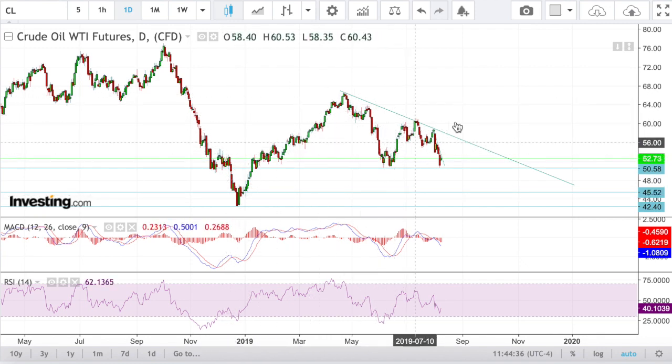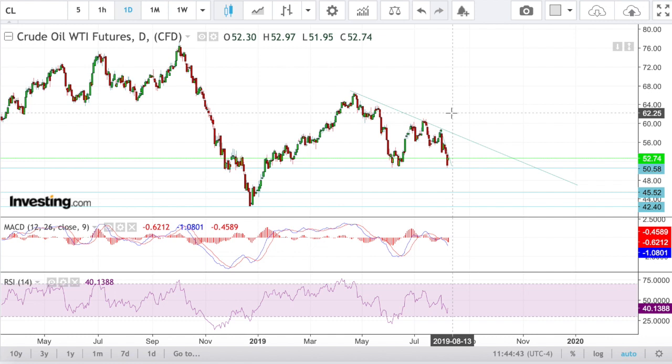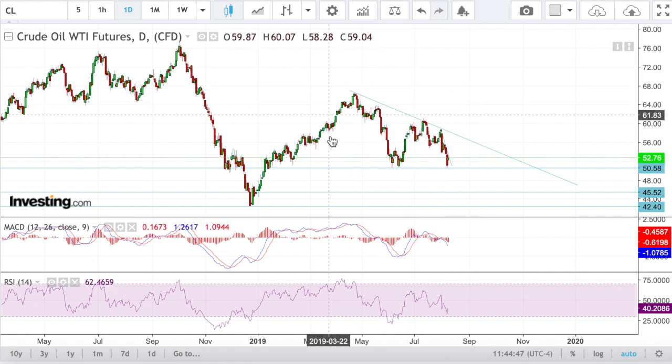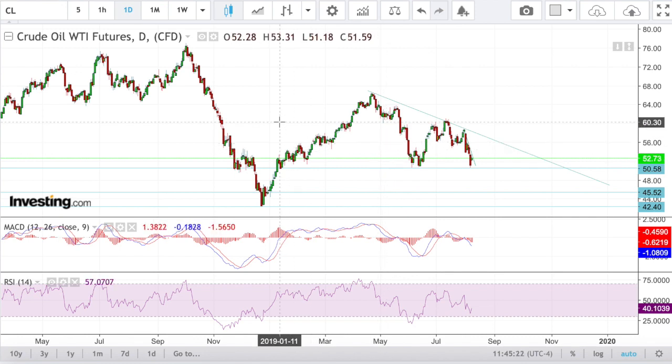Some of you may be wondering why I'm so short on crude oil, and so many of you are actually long on crude oil and wondering why I'm short. I can tell you that the stock market has multiple divergences on multiple time frames, telling us that more downside is coming in the next few weeks and months. And considering the correlation between the stock market and crude oil, I favor more downside on crude oil. It is as simple as that.